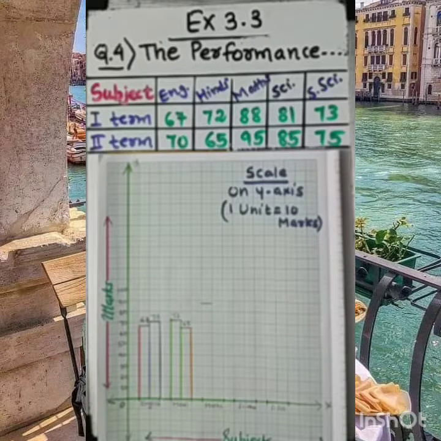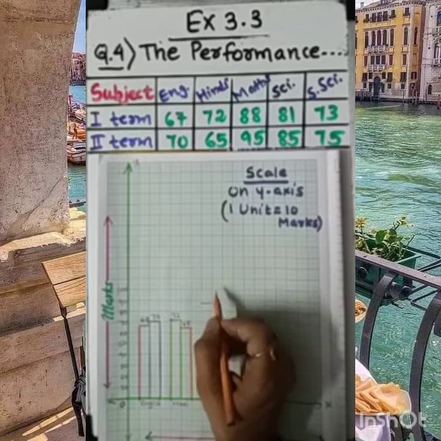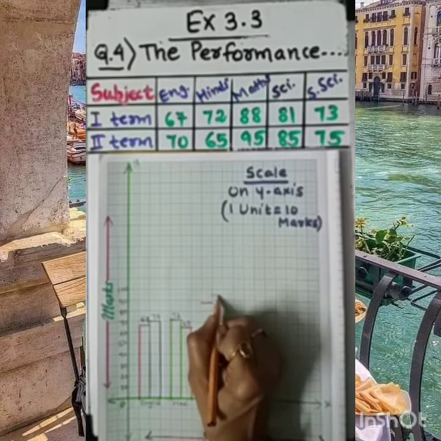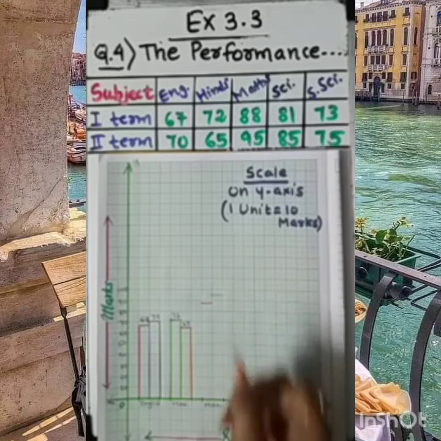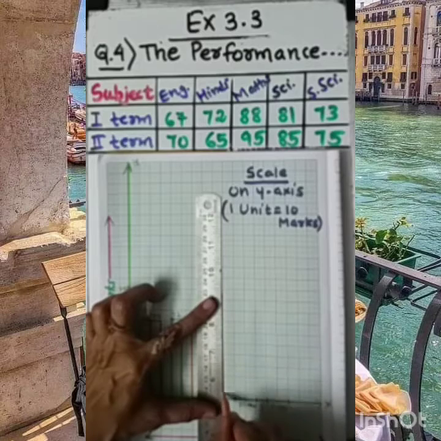Now I am locating 95 just nearby it. So where to locate 95? Just see, I am locating 95 here somewhere. 95 is here between 90 and 100. The darker line is 95. This one is 95. Clear to you? So let me draw this line over here.